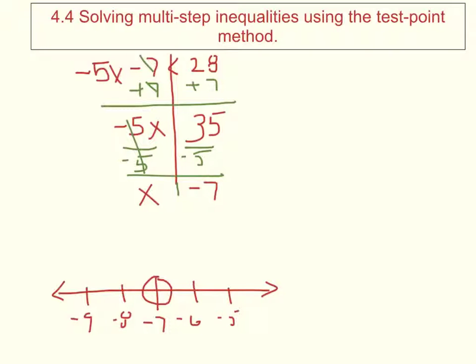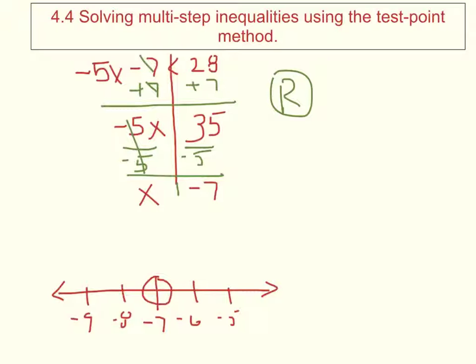Once I've circled my endpoint, now I need to determine which way on the number line this is shaded. So usually what I do is I look for a number on the number line, either to the left, over here, or to the right of my endpoint. And I usually look for a nice easy number to use. And 0 is over here to the right somewhere. It's not written, but it is down there. So I'm going to use 0 as my test point. Now, since 0 is to the right of my endpoint, I'm going to call that my right test